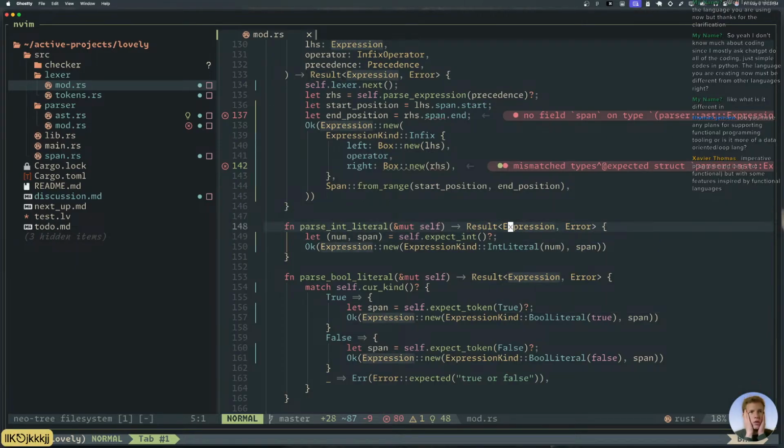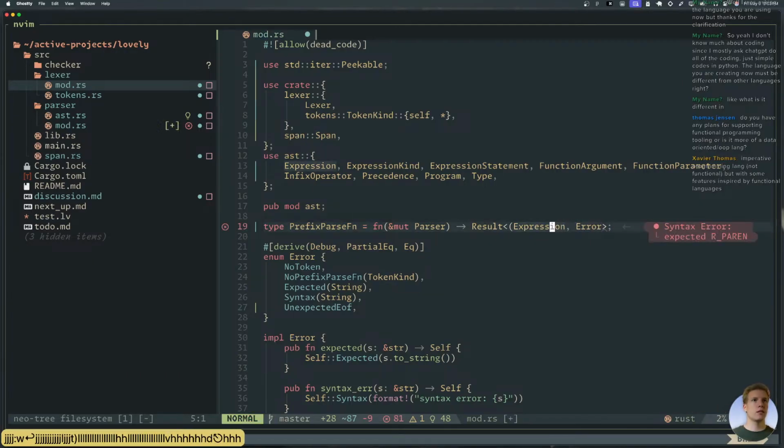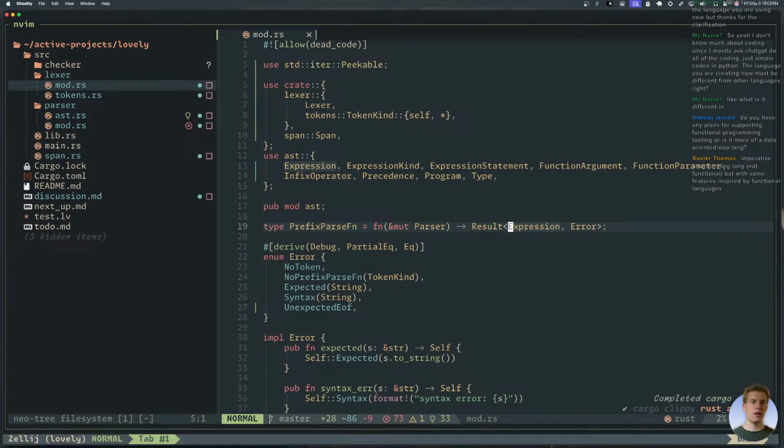Wait, have I been doing this wrong the whole time? Expressions have spans. Expressions have spans. Get that in your head. Okay. Expressions have spans. So this is ridiculous. Like, whatever have I been doing right here? Expression and a span? That's silly. Expressions already have spans. Oh man, this is so confusing. Okay. Get rid of that. How many errors do we have now? 73. Hey, that actually fixed some things.